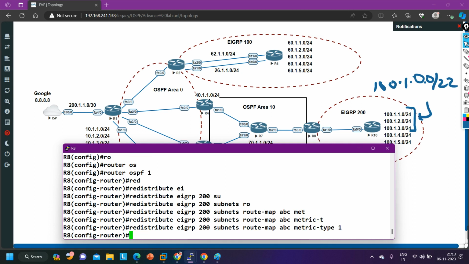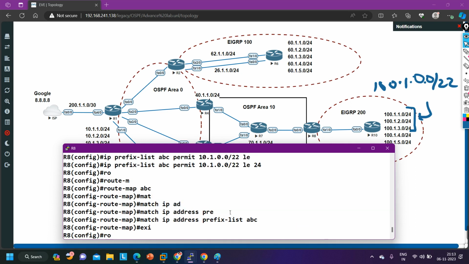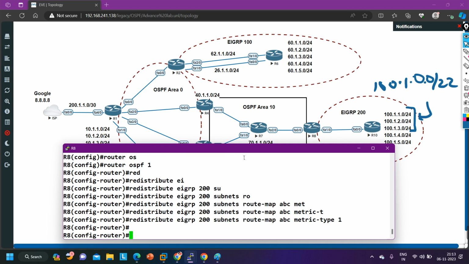Let's say metric type 1. So now it will redistribute only those prefixes which match in route map ABC. And in route map ABC we have defined match IP address from prefix list ABC, and in prefix list ABC we have defined this network only,